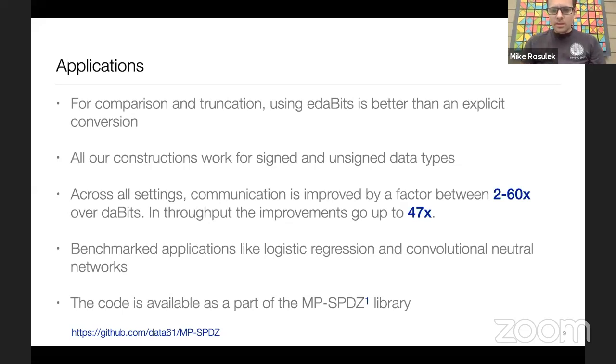Thanks. I see a question in the chat from Hao Chen. Does this work improve truncation and comparison in the semi-honest setting as well? In the semi-honest setting, I think we've benchmarked for concrete applications, and I think we matched the performance of something like ABY3.